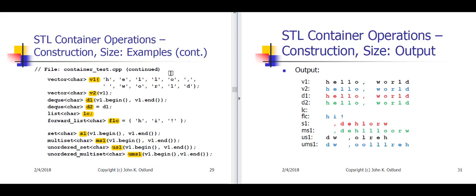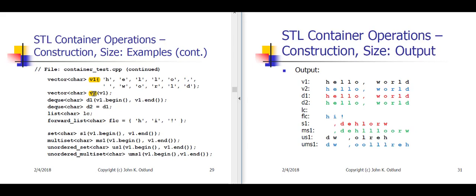Alright, so starting with the code on slide 29, let me erase my highlighting, and we're going to start with v1. So v1 is using the form of constructor that takes an initialization list. We've done this before. v1 is a vector of char, and it's initialized with 12 chars, HELLO, comma, space, WORLD. v2 is also a vector of char, and here we're using the copy constructor so that v2 is a copy